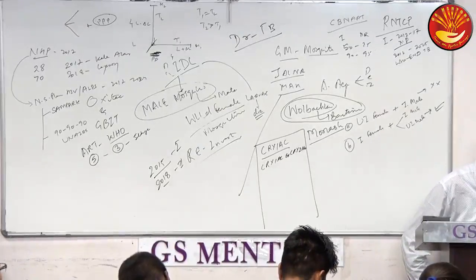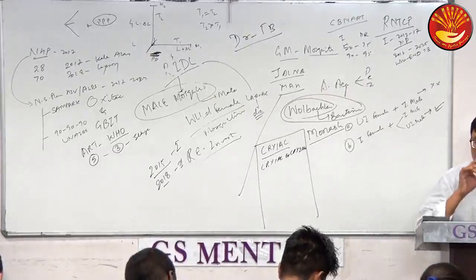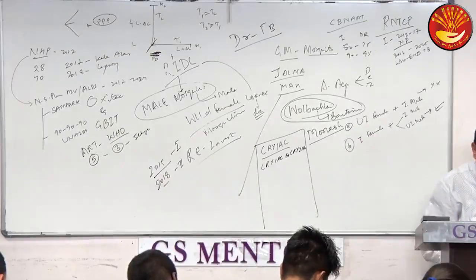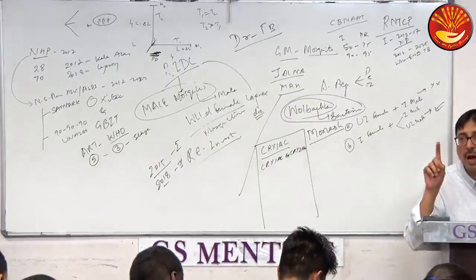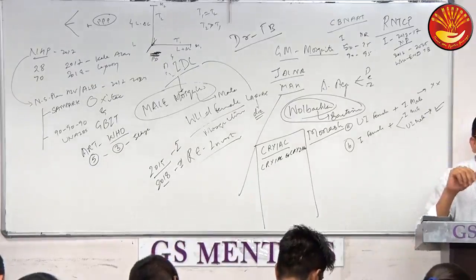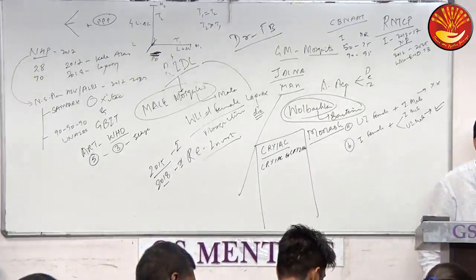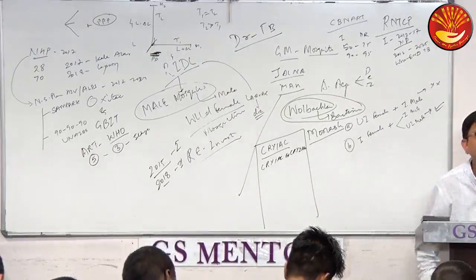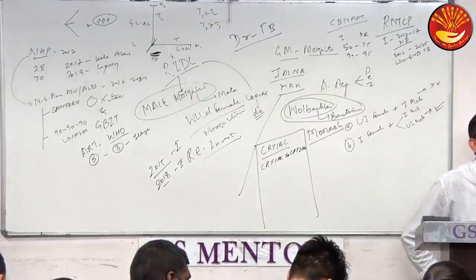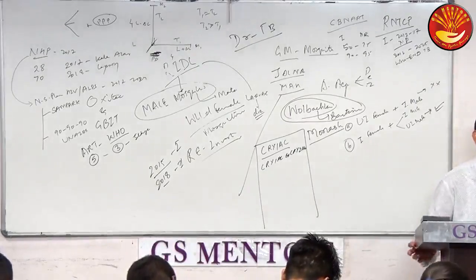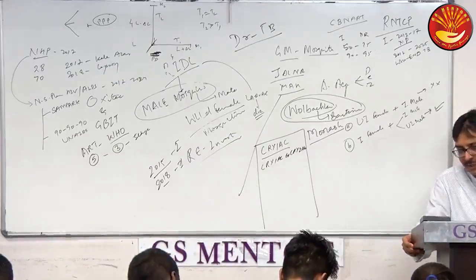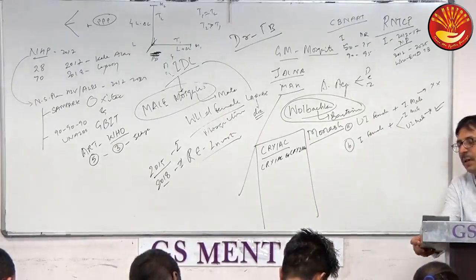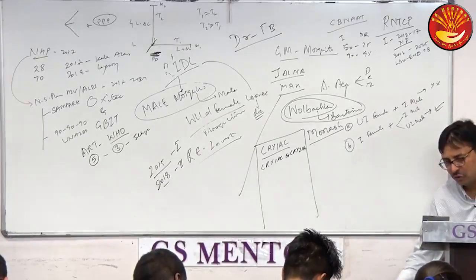Bollgard 3 is having Roundup Ready Flex. Because of this gene, it is having the character of herbicide tolerance